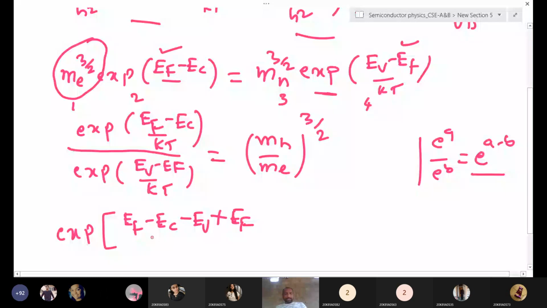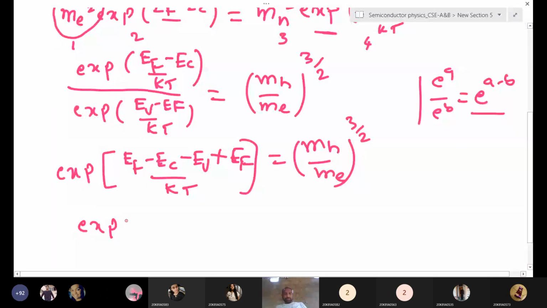So 2EF minus EC plus EV by KT is equal to ln of MH by ME to the 4 of 3 by 2, right? So we'll further write this. This expression we can write 3 by 2 also. 2EF